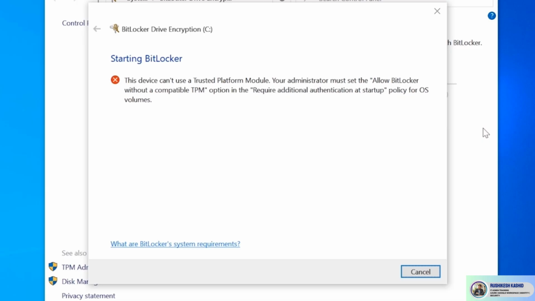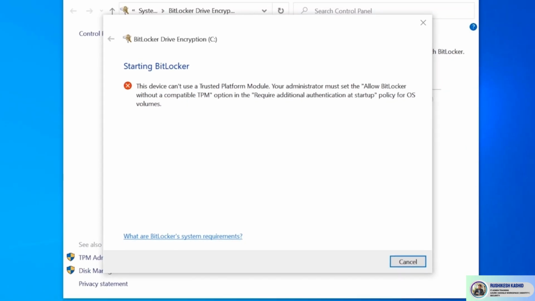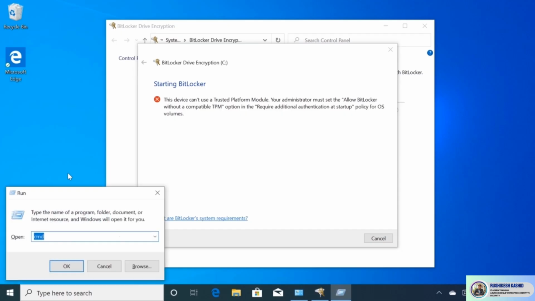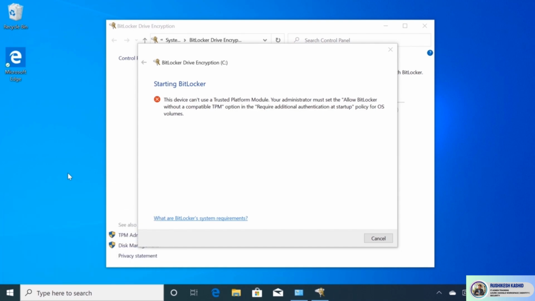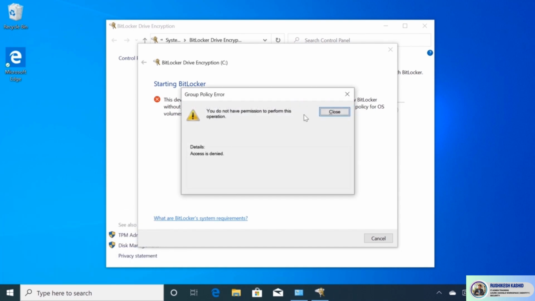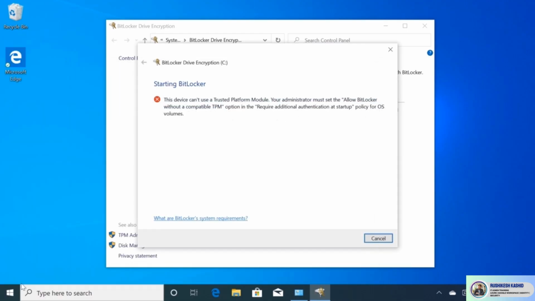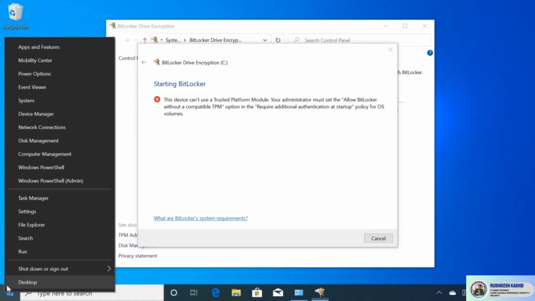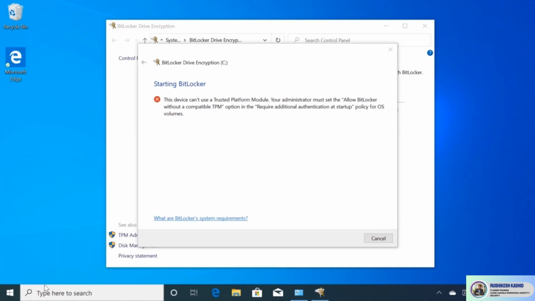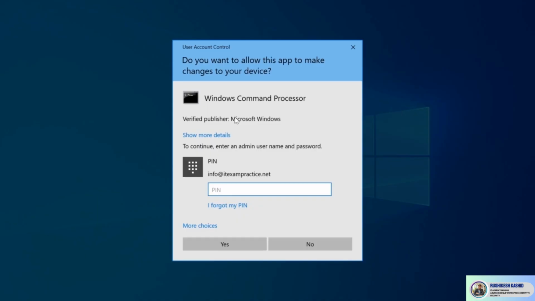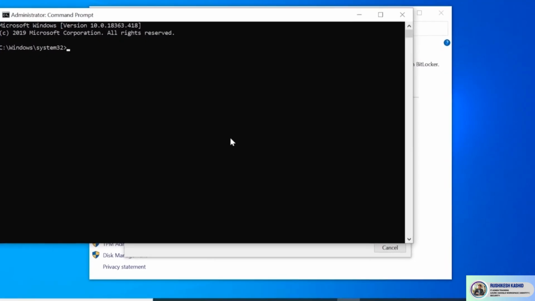What you're about to see is not a first-line support job really, so I will not explain everything in detail. The idea is that every single device in your network, Windows-based, has a special policy, a local policy that allows you to tweak all these options. One of them is allow BitLocker without a TPM device. We open CMD as a local administrator. So we type CMD and open it with local account. We type